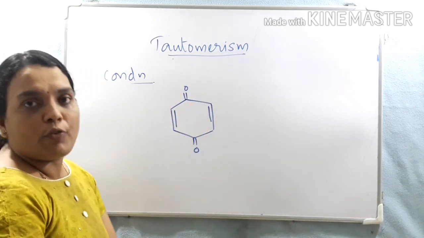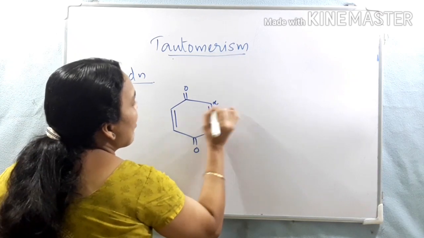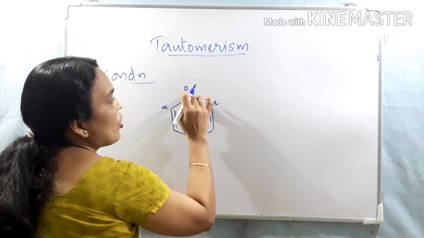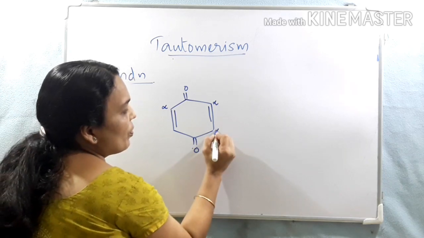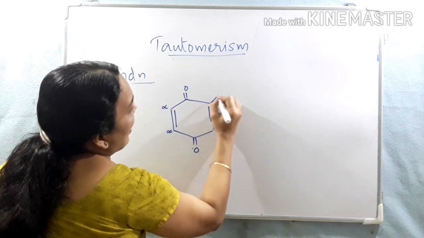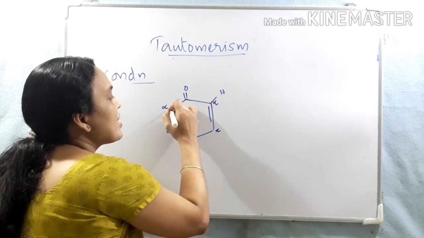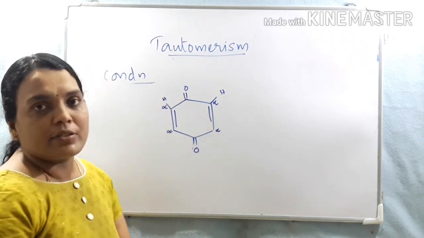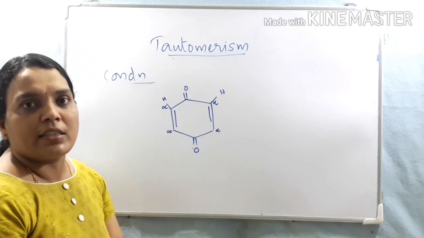So this is a keto compound, and this is called alpha carbon. With respect to this keto group, this is alpha carbon, as well as with respect to this keto group, this is alpha and this is alpha. And we know there is a hydrogen. 1, 2, 3 valency satisfied, remaining valency satisfied with the hydrogen. So there is a hydrogen. So actually this is an alpha hydrogen.